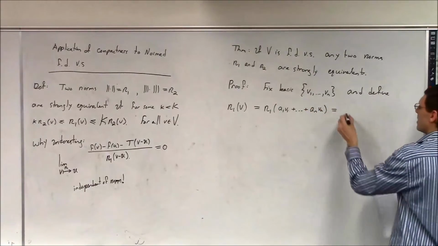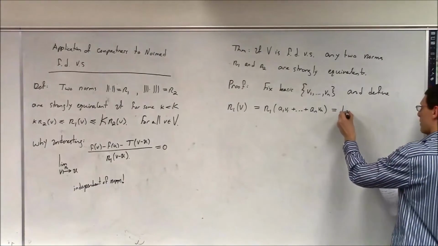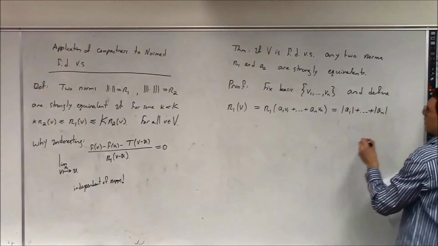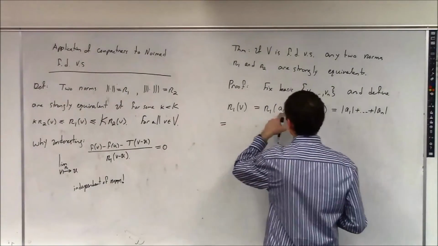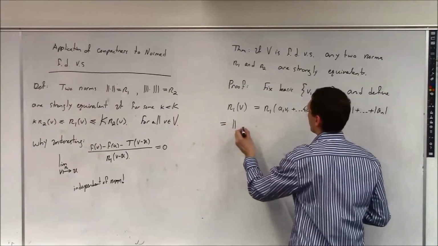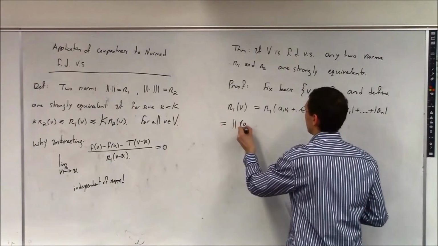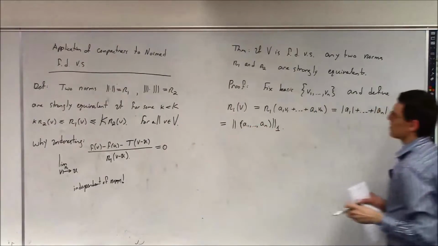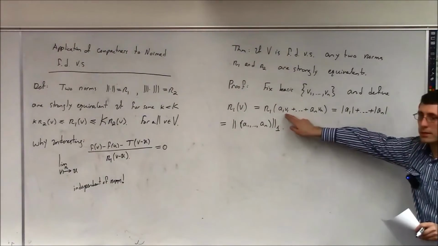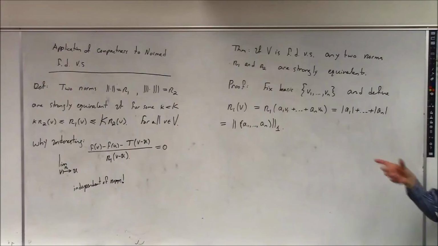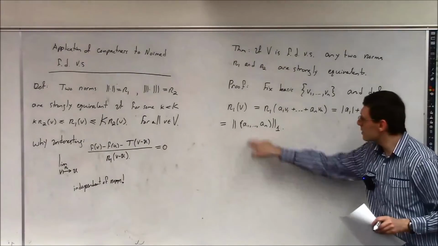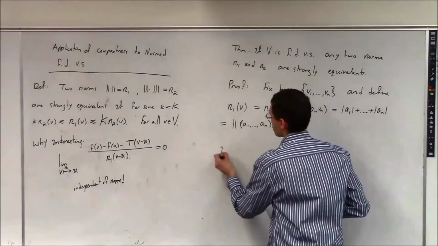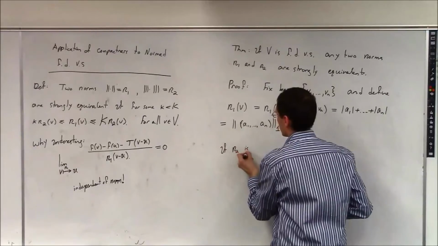And I'm going to define it to be the absolute value of a1 plus all the way to the absolute value of an. So I'm defining it to be just translate the coordinates and take the one norm of the vector a1 through an. It's basically translating v1 through vn into the coordinate vectors e1 through en, and just taking the norm. If n2 is any other norm,